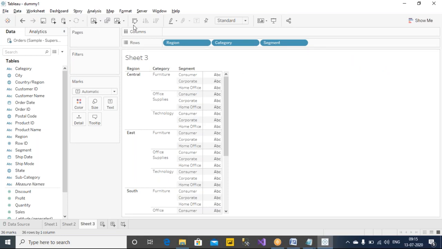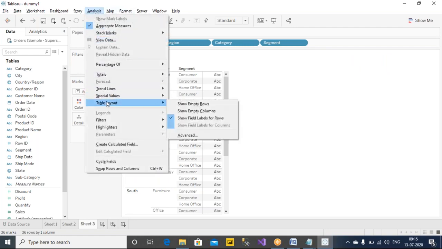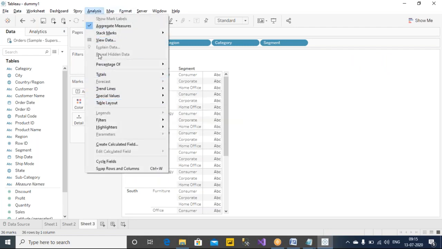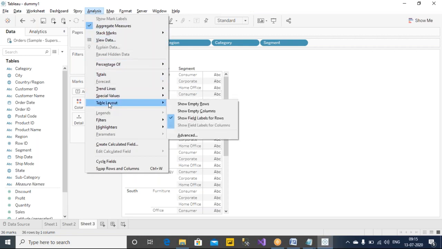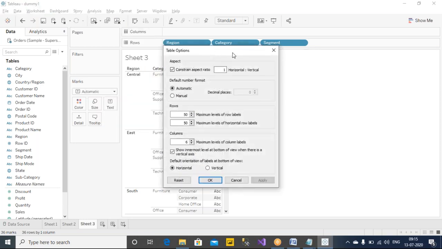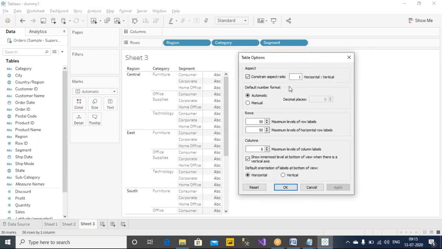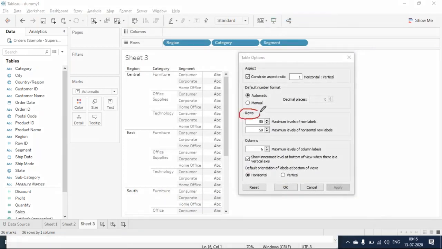Where is that setting available? Go to the Analysis tab and go to Table Layout. I'm going to Analysis, Table Layout, and go to the Advanced option here. All right, you have to remember this because we will change a few things from the screen. Observe these two